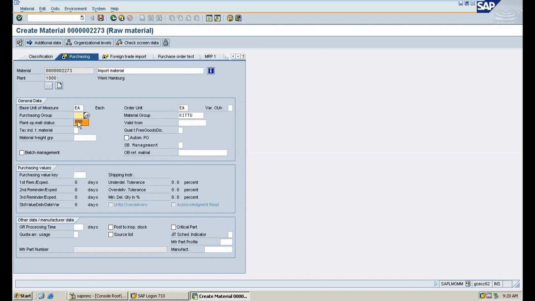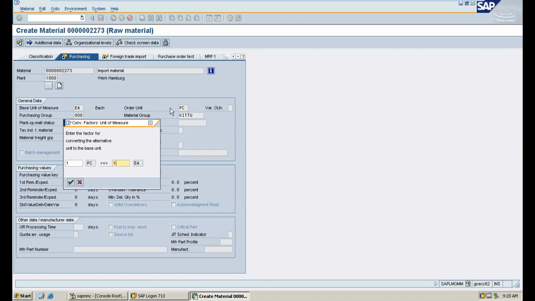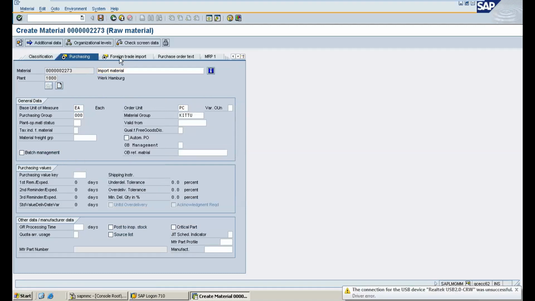Purchasing group. Okay, and we have the foreign trade import tab here. Go to foreign trade import.